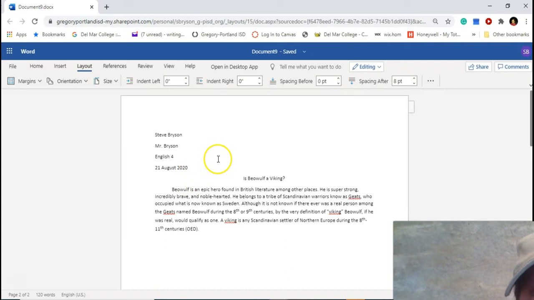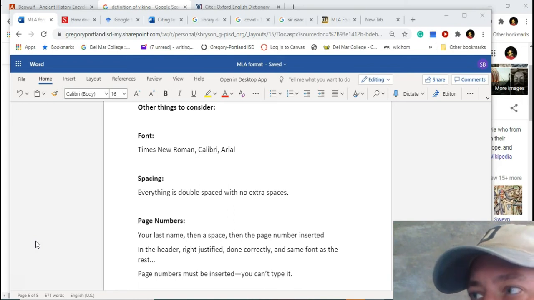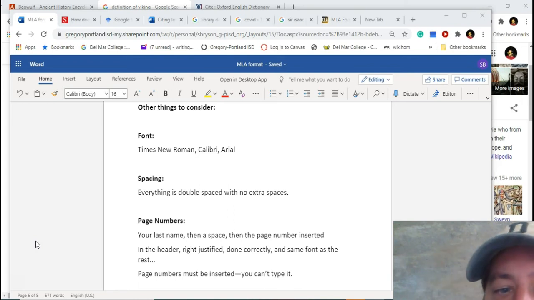Okay, I'm almost done. There's just a few things that I need to consider before I finish and turn this in. It turns out I have a lot of things left to do before I can turn this in. My paper is not in MLA format yet. I need to consider font, spacing, page numbers. For font,